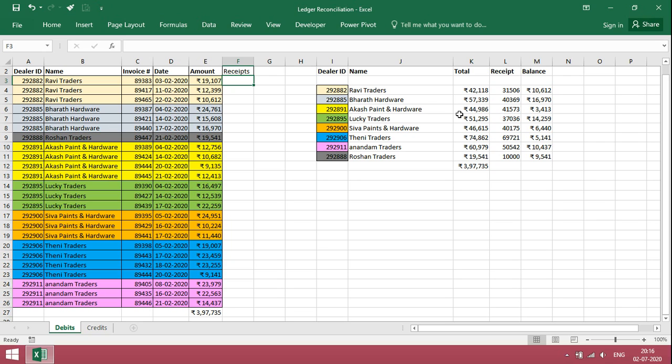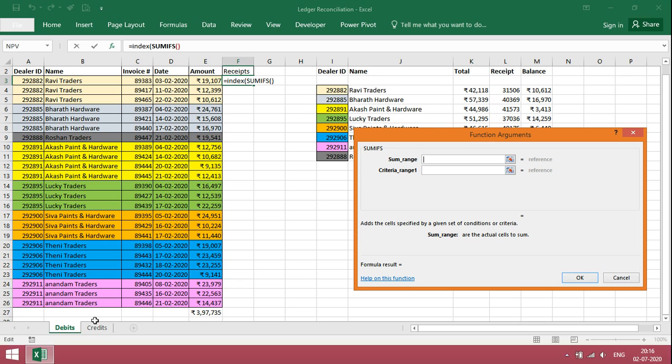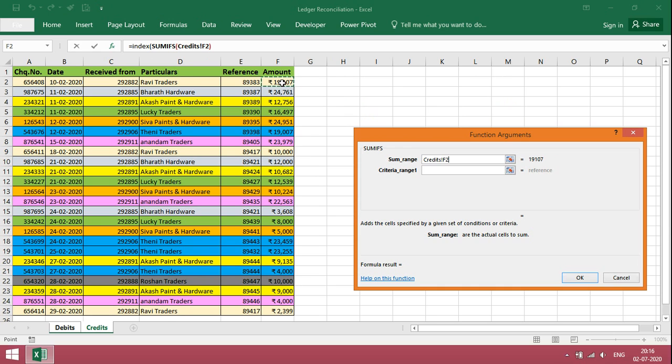We need to get invoice wise what are the due amount. For that, use index. We need to give 2 references. One is dealer ID and another is invoice number. So for that, use SUMIFs, bracket open, click on credit to get receipts amount, freeze,